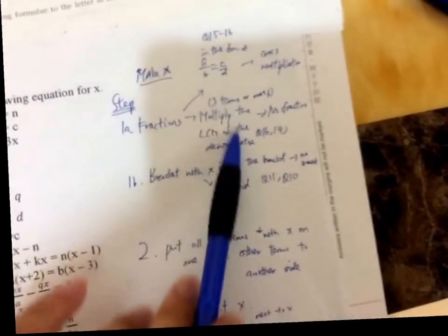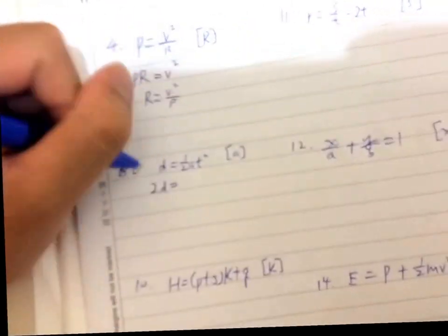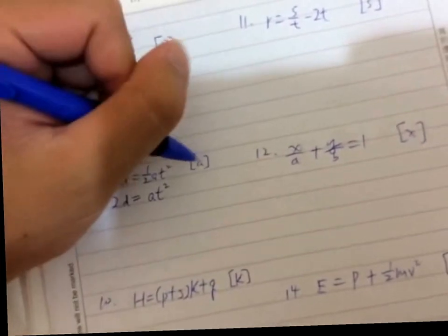Fractions, okay, make it with no fractions. Use cross multiplication or other stuff. Make it with no fractions. Multiply 2 from both sides. Mean a squared. Mean the a as subject. So the other thing,